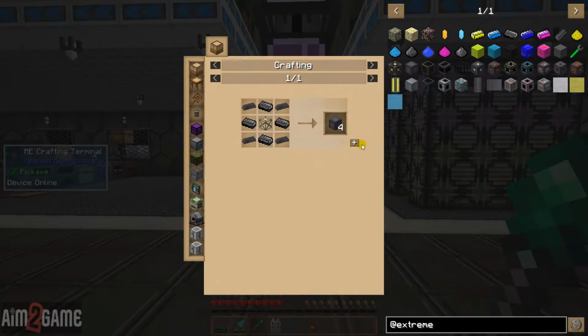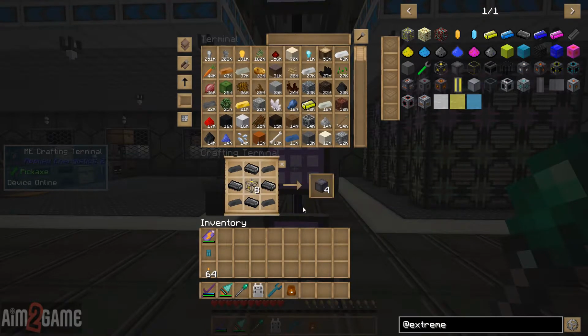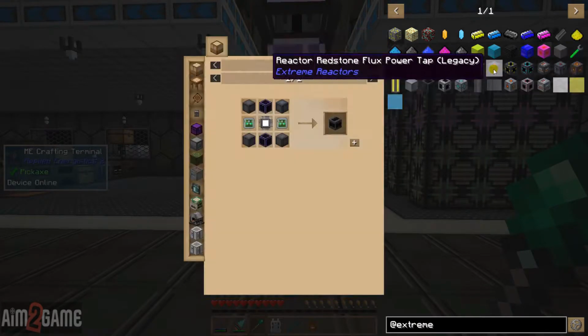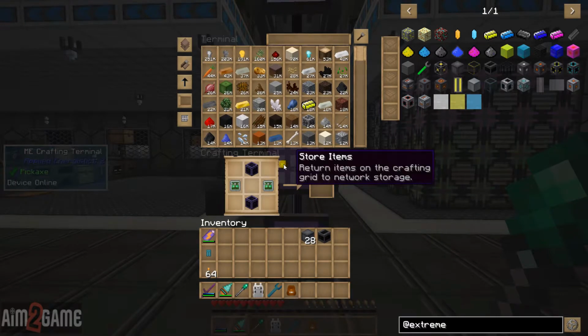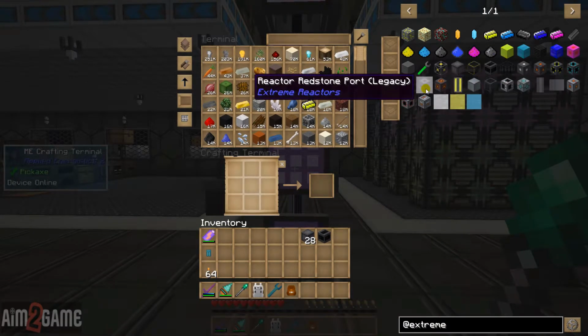Reactor casing is going to be... Okay, so that's going to give us half a stack of reactor casing. Let's go ahead and get our controller up and running. So that takes 4 of them. We are going to need a